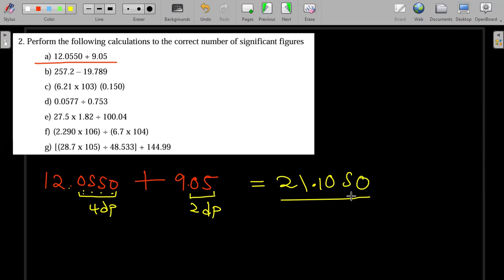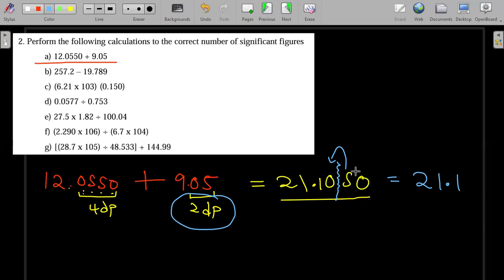So the rule is that the answer should have the same number of decimal places as the number with the least number of decimal places. So we want our answer to have 2 decimal places. So what do we do? We round off from here. Okay, we round off this 5 like that. So it means my final answer would just be